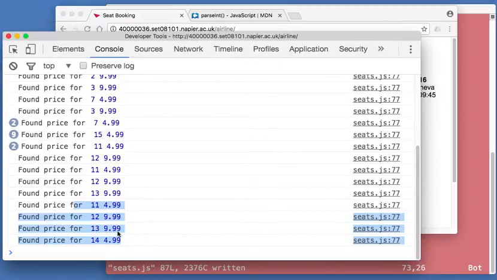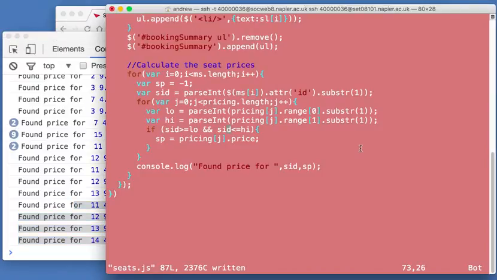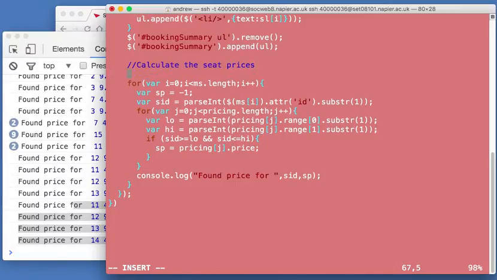Okay, so I want to output the sum of that. Let's do that. I'm not actually interested in the individual prices, I want the total price. Let's have an accumulator up here. So var totPrice, start out at 0. Every time we find a price,